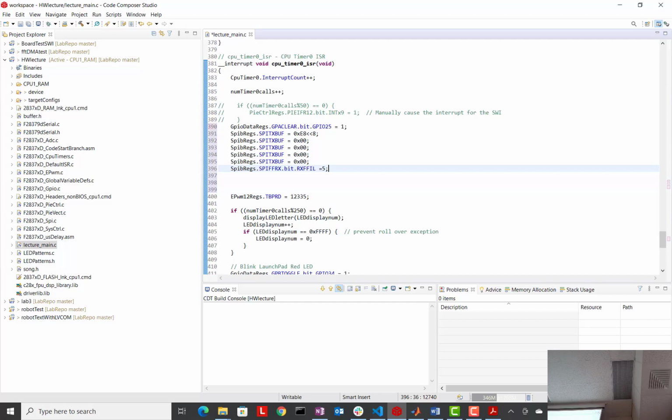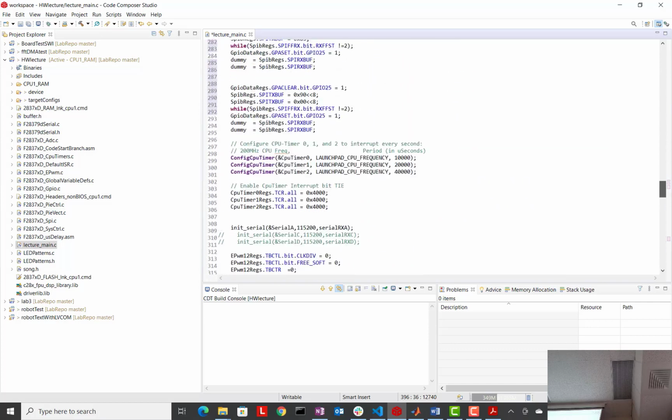Nothing's been received yet. But we go and shove 5 things into the transmit FIFO. That means when the transmission and the reception is complete for this data set, for this read of the device, the number of things on the FIFO will be 5, right? We send out 5, we're going to get back 5. Agree with that? So what we're waiting for is 5 things to be on the receive FIFO, and that's what the RX FIFO interrupt level means. So we set that to 5. Then when you get the interrupt, 5 things are sitting on the receive FIFO. That means you're inside